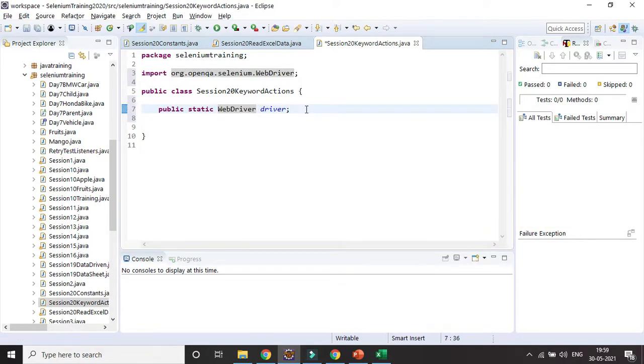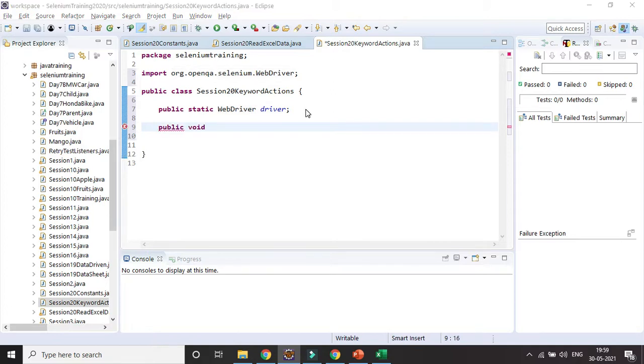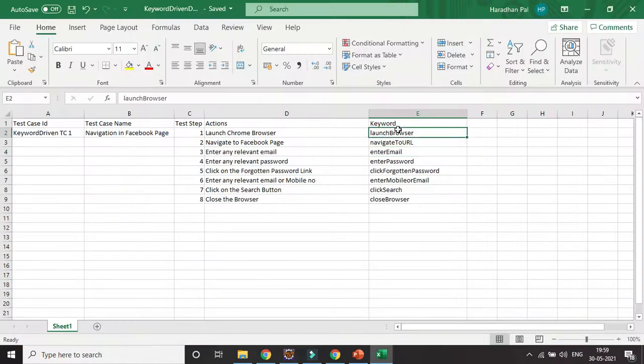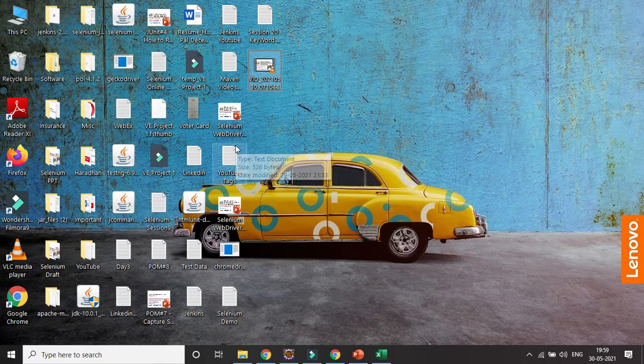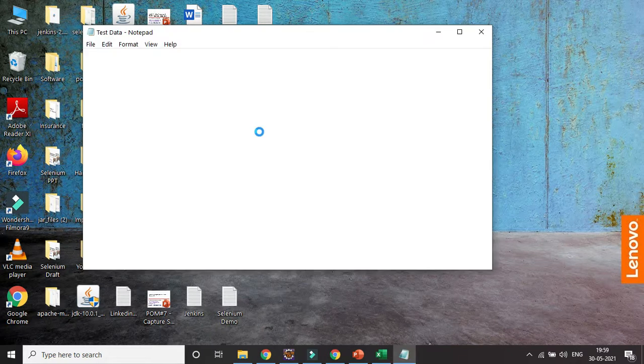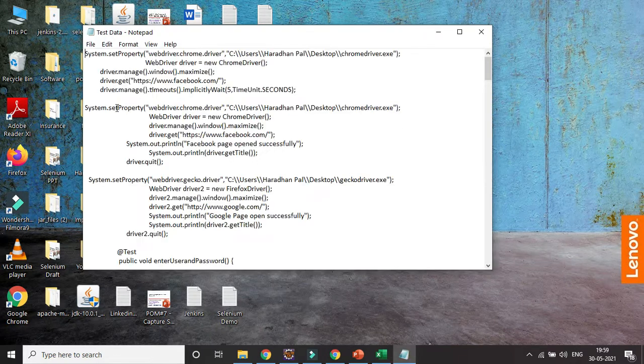Then I will be creating the methods one by one. Public void, what is the method I will be creating? Based on the Excel sheet, the first one is launchBrowser, so you need to remember it will be the same name. That is the method I am creating here. That part I can copy paste maybe.